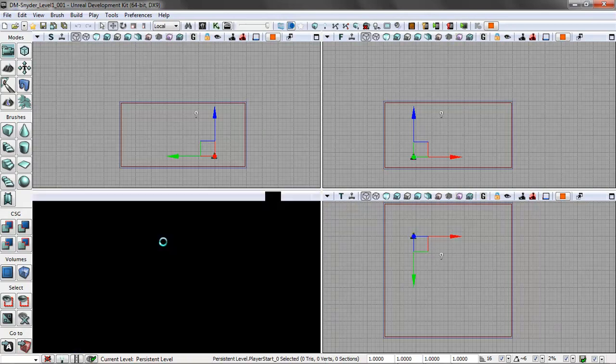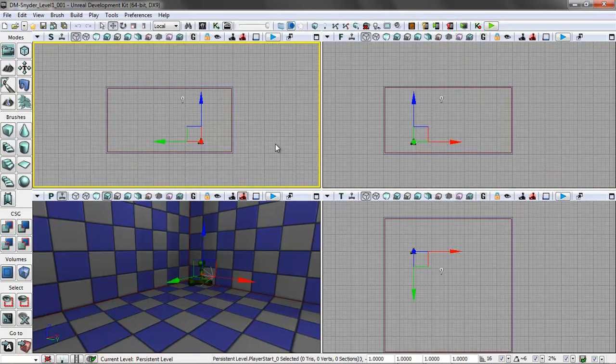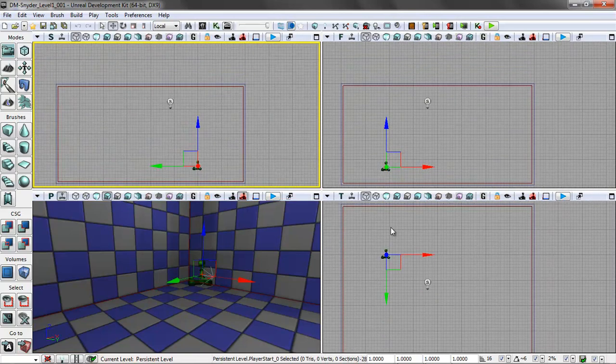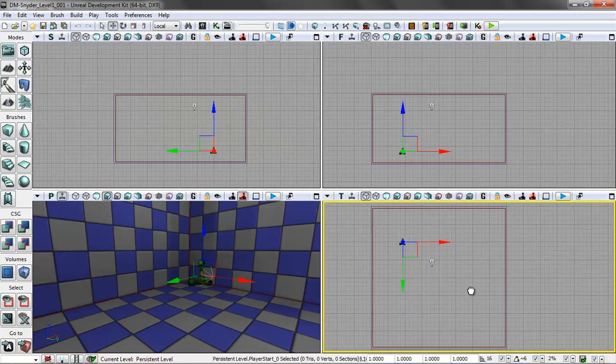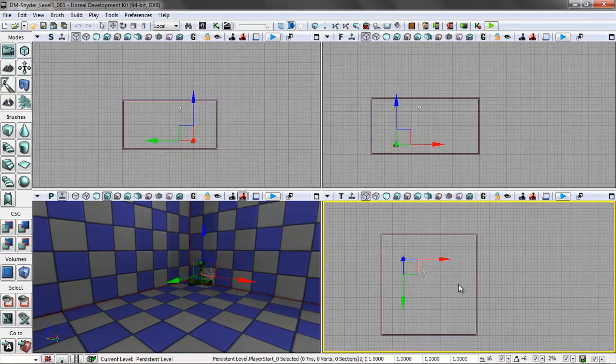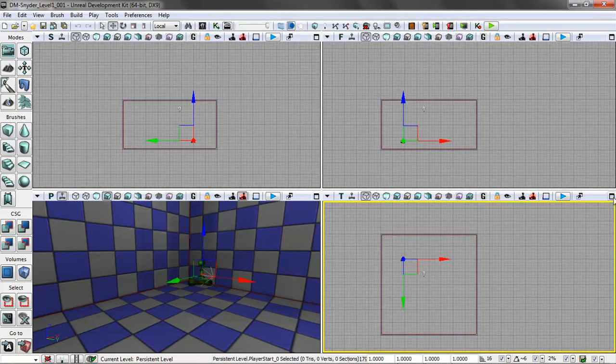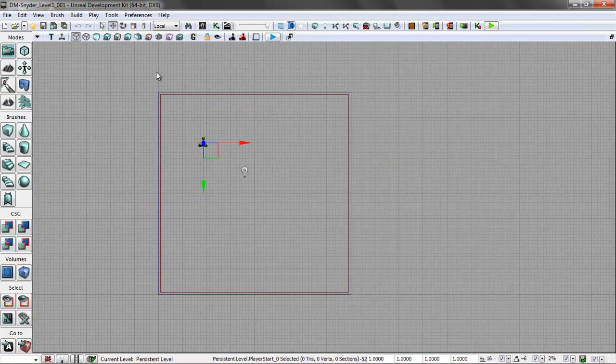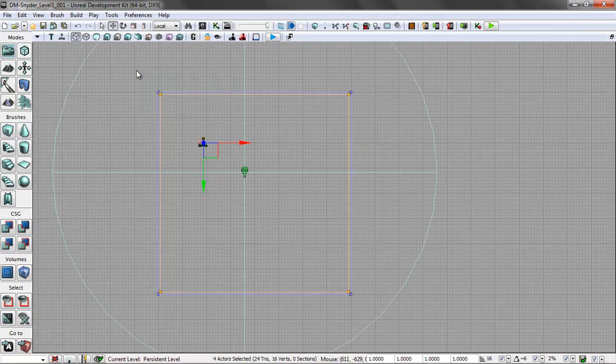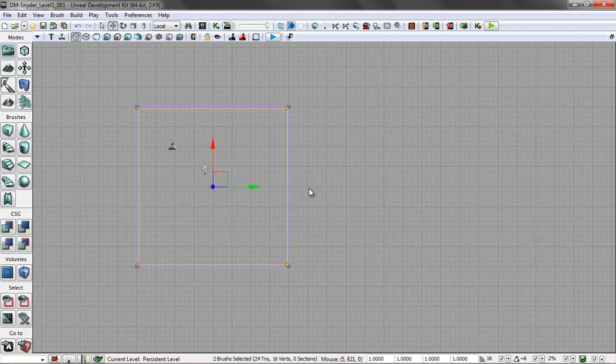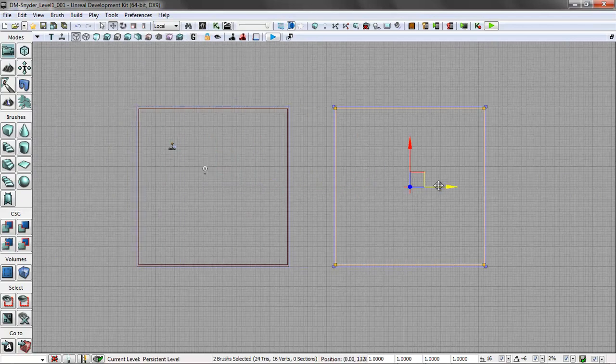So what I want to do is briefly show you how you can expand this and start to make something a little bit bigger. Let's go back into the top viewport, and I'll maximize this because we don't really need the size for the time being. I'll hit Control-Alt to border select everything. Now I don't want the light, so I hold down the Control key and it deselects that, and I also deselect the player start. Now let me zoom out a little. I'm going to hold down the Alt key, and now I've just copied